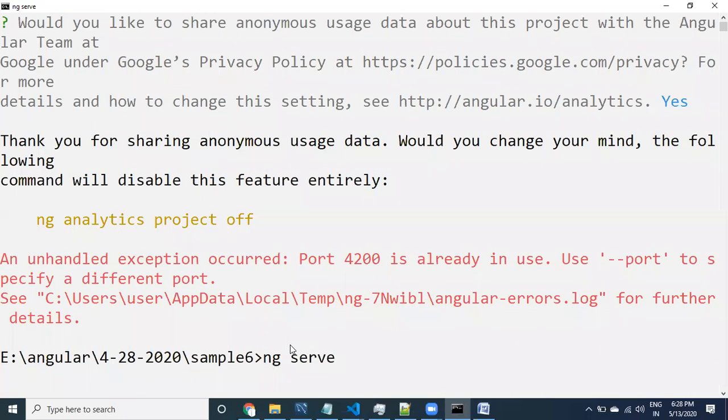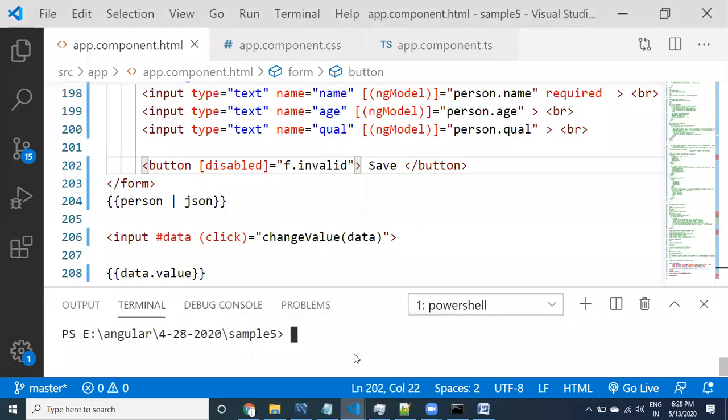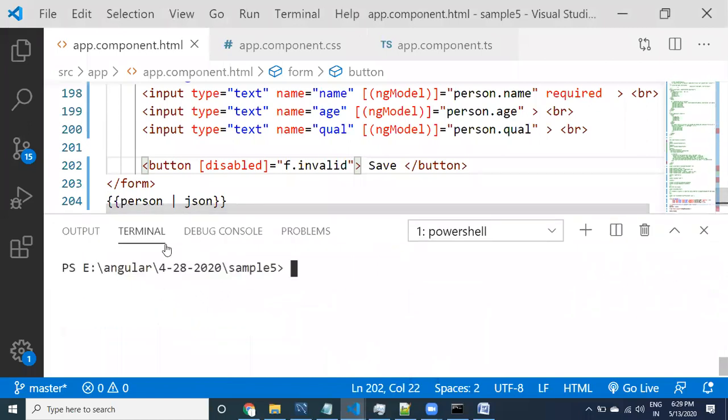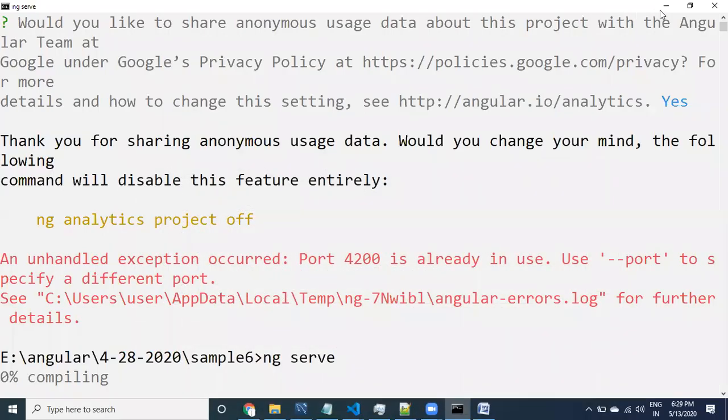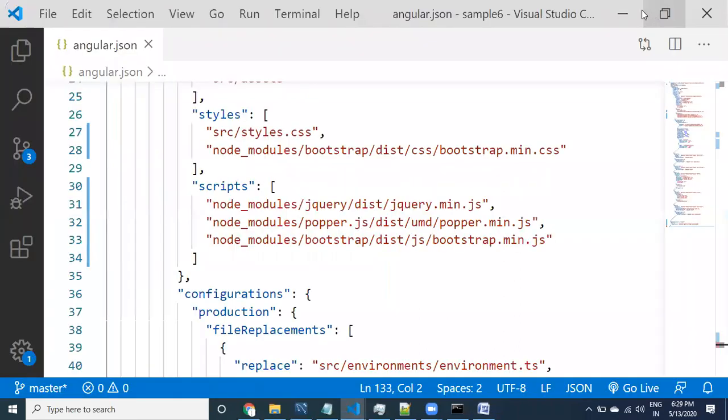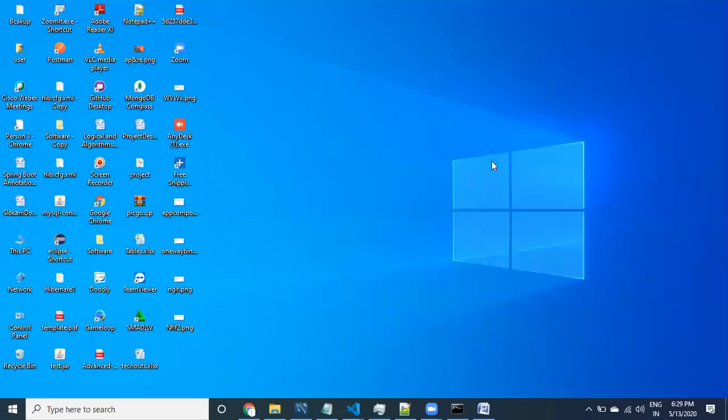You can open the command prompt or go to the terminal here itself and run it. Angular JSON copied. Okay, so this is Angular.